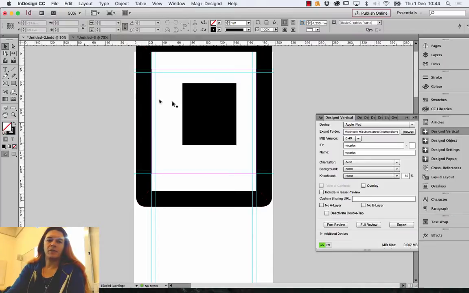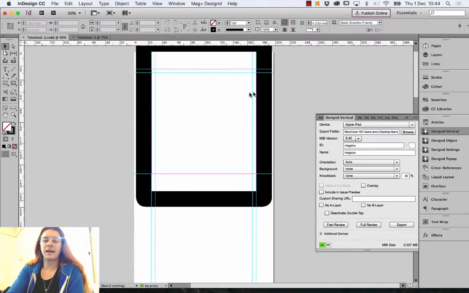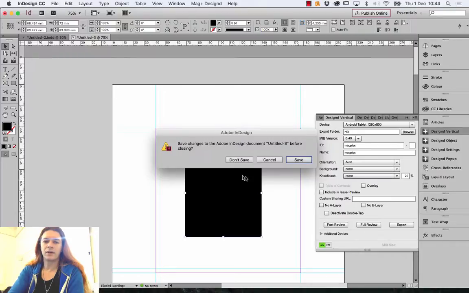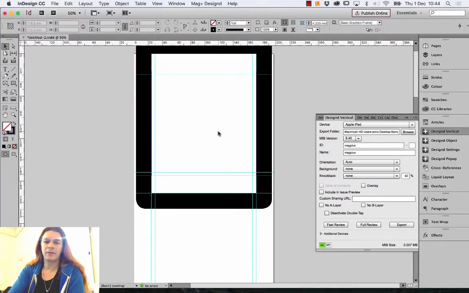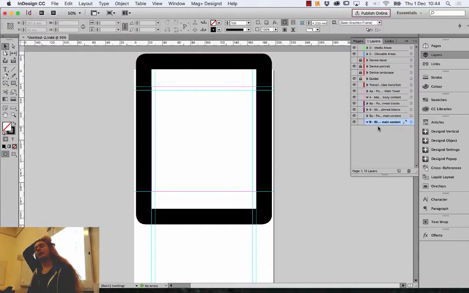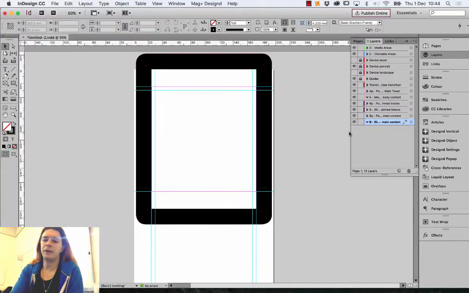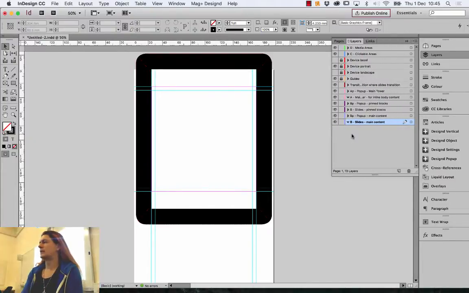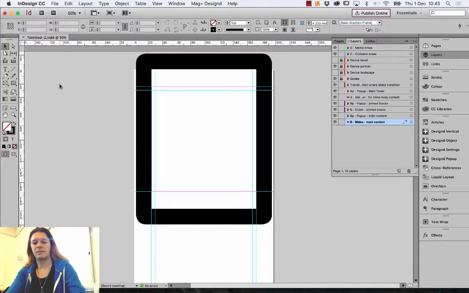Okay, so we'll just make a quick design inside of this layout. I'm just gonna close the other file. And to make that, we are gonna focus on which layers we put stuff on. So the first thing I'll put inside the file is just a background picture. And I'll put that on the bottom layer, the one called B slides main content. That's for static objects that are not moving. So I'll just say file place